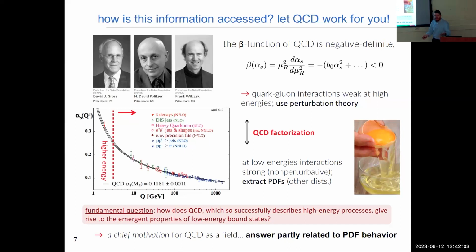How exactly do we get at any of this information? And what's the crucial aspect of QCD as a quantum field theory that really lets us do this? Well, it's the fact that, put formally, the beta function of QCD is negative definite, which is to say that as I increase the momentum scale in some hard interaction, the strength of the effective quark-gluon interaction becomes perturbatively smaller as I go to higher and higher energies or momenta. And what that does is it allows me to delineate two different scales in any calculation that I might do for a cross section or a structure function.